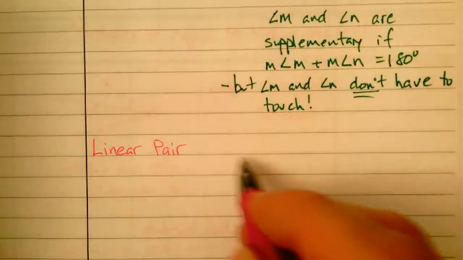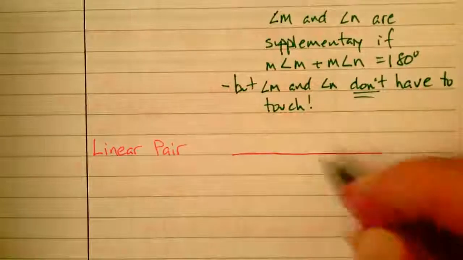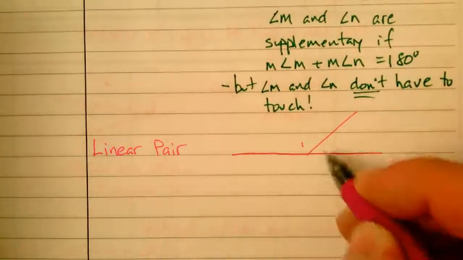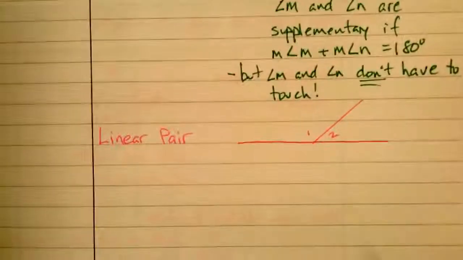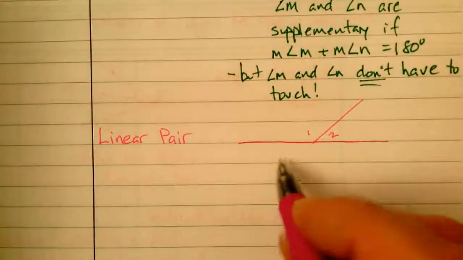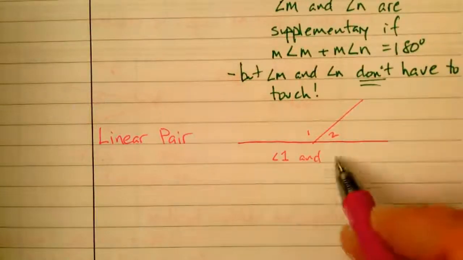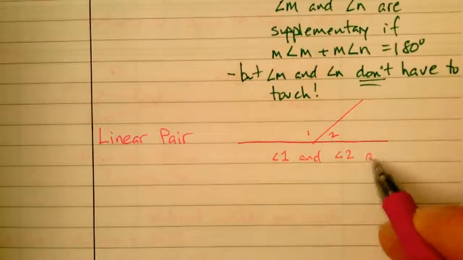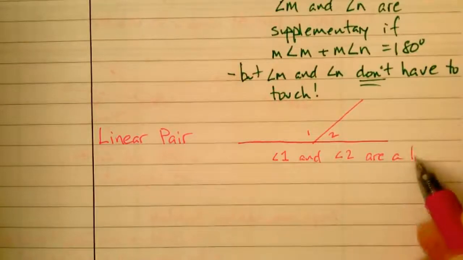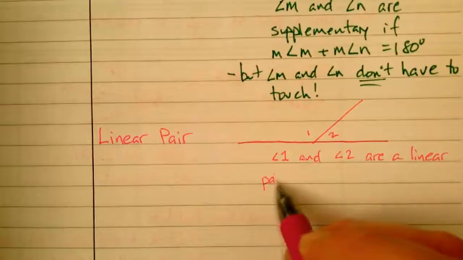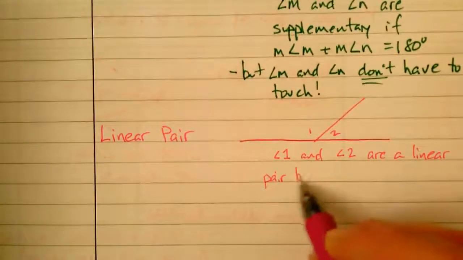An example of a linear pair would be, say, angle 1 and angle 2. I would say that angle 1 and angle 2 are a linear pair